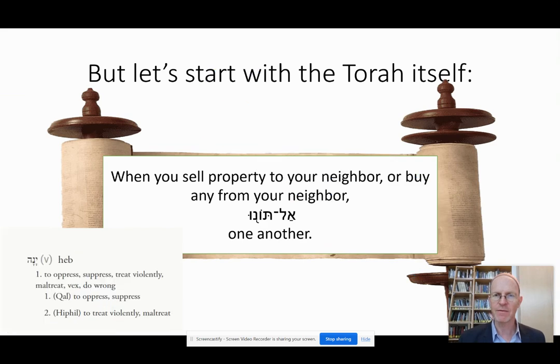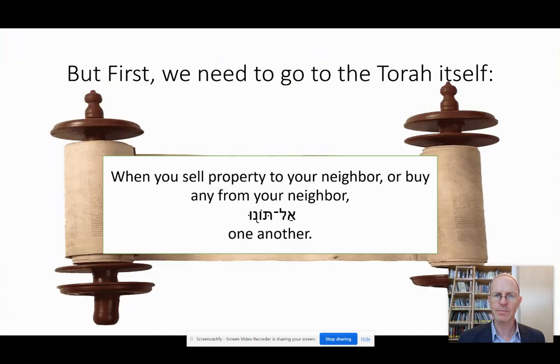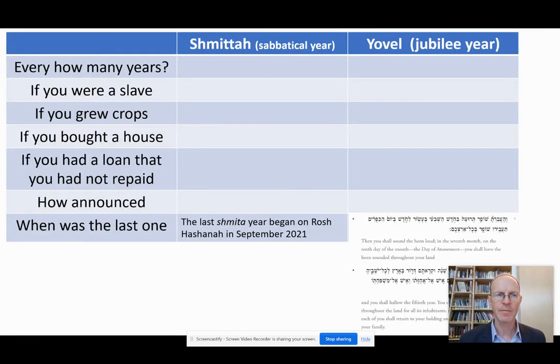How is it announced? The Shemitah year isn't really announced, but the Yovel year is announced by that final shofar blast at the end of Yom Kippur. Even though that's a common custom for the end of Yom Kippur, it's actually there to announce the Yovel year. When was the last Shemitah year? It happened in 2021, so every 7 years. And when was the last Yovel year? Well, actually, we don't practice Yovel